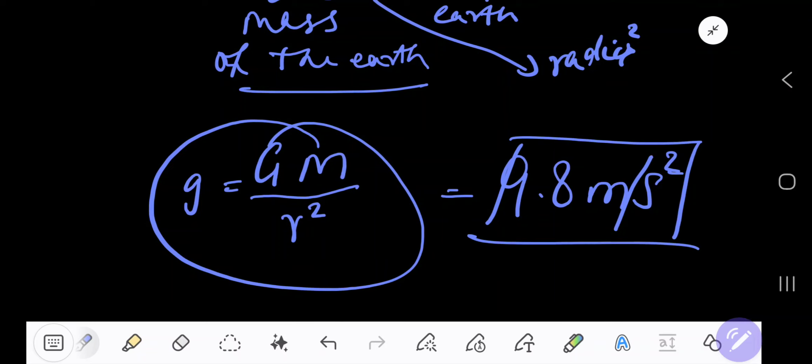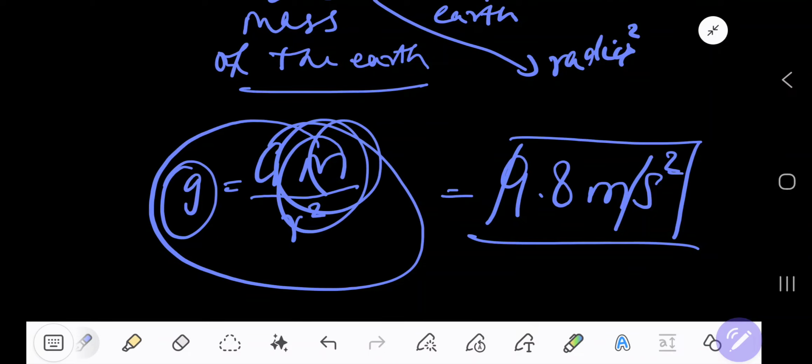That is the acceleration caused by the non-contact force gravity on our planet Earth. Of course, 9.8 would not be the case for all planets, because the mass of every celestial body is different, including Earth. And yeah, that's it for